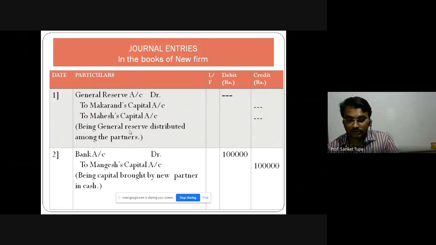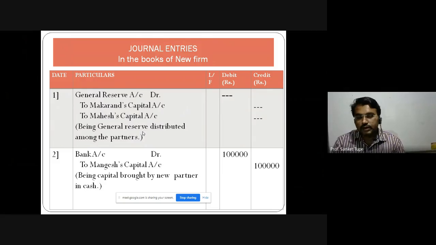make these arrangements firstly in the old partners, and then only we will cover the other adjustments regarding capital brought by the incoming partner, then goodwill adjustment, then revaluation of assets and liabilities, and the final entry is transfer of that profit, revaluation profit or revaluation loss. In some cases there might be some other entries.